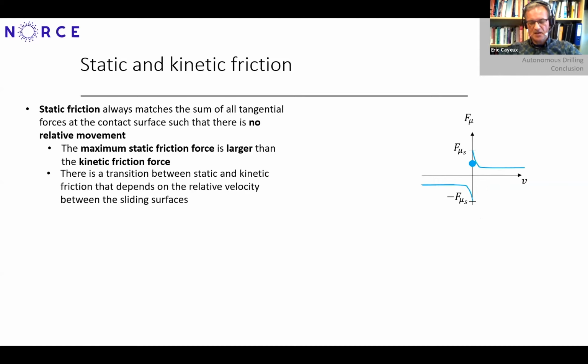Now, when there is sliding between the two surfaces, we have kinetic friction. And in drilling, the kinetic friction is essentially dominated by boundary friction, which means that it doesn't depend very much on the velocity between the two surfaces. Except that at very low velocity between the two surfaces, the friction force is increasing up to the static friction force limit. This is a typical Stribeck type effect. Now, the fact that the friction force is increasing when the velocity is decreasing is a source of